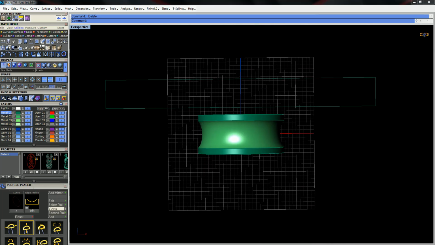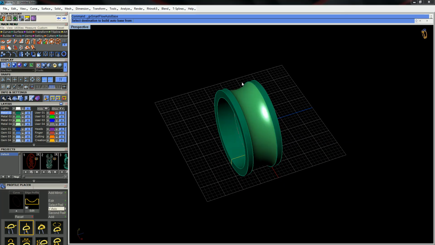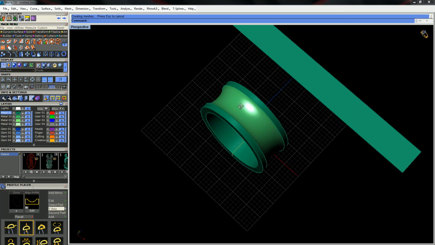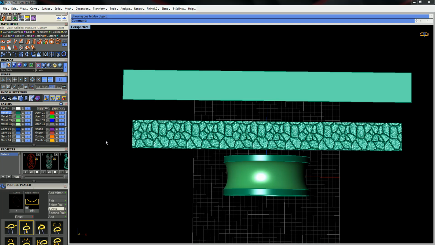Now, in Matrix 7, we have some really cool functions. I'm going to maybe get rid of this for a moment. I'll show you some of them. I'm going to go into our transform menu, and on the second level we're going to SmartFlow Auto Base. So click on that, select the destination to build the auto base from. Well, it's going to be that there. Alright, the next thing we're going to do, well, let's bring back our mesh,